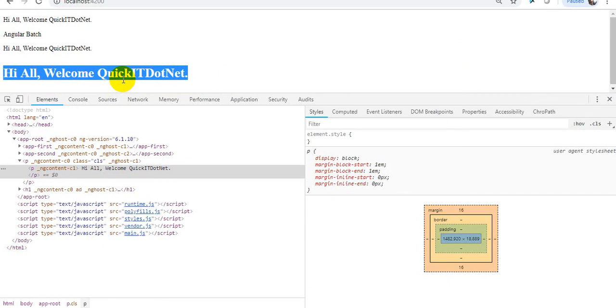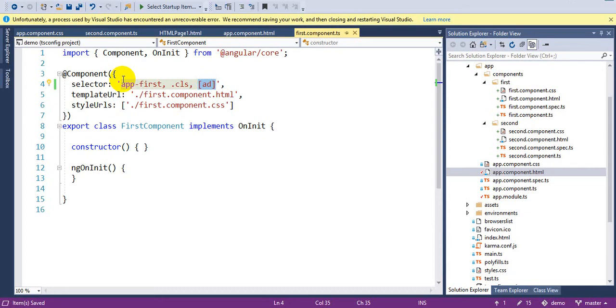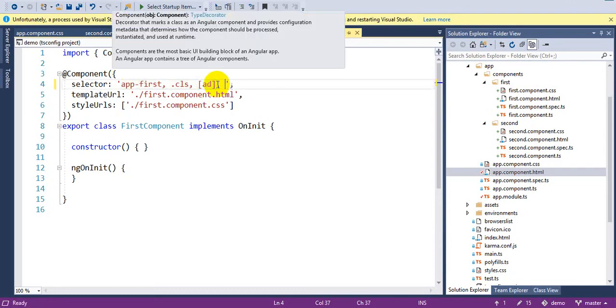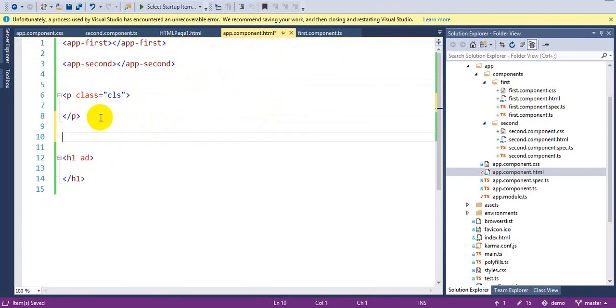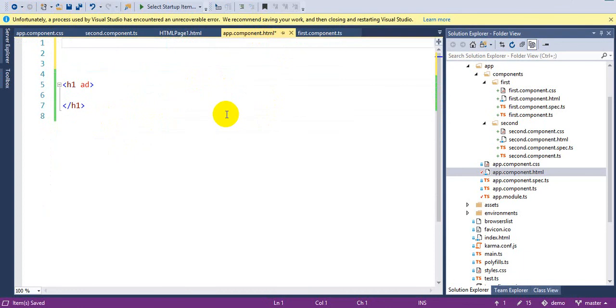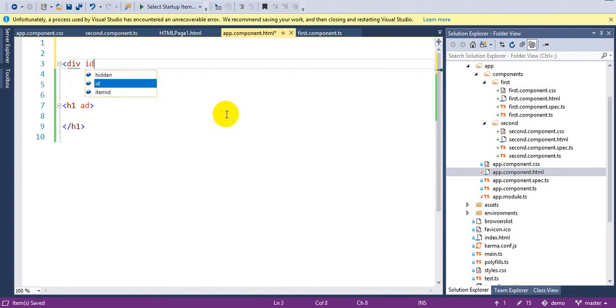Okay, and it is not necessary that you write the element selector only. You can write by class, by property, by anything, but there is one twist here. What is the twist? I am going to take one example and create one more selector. What is this selector? ID selector, and I am using this before CLS. I am removing all this to show you. Before h1, I am using div id equal to abc.